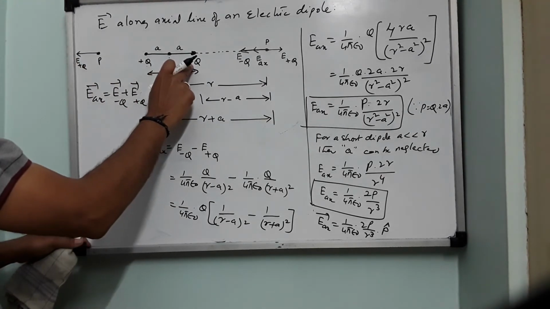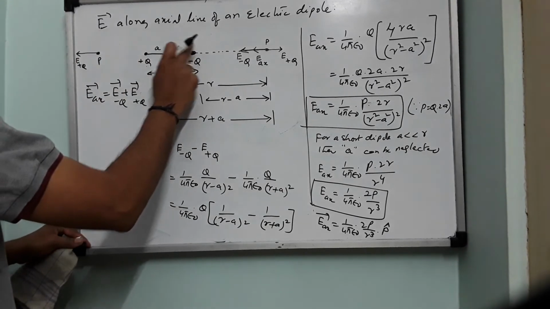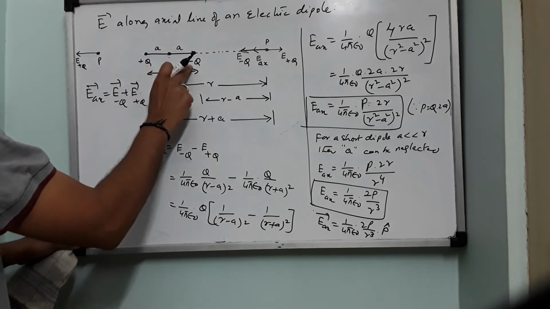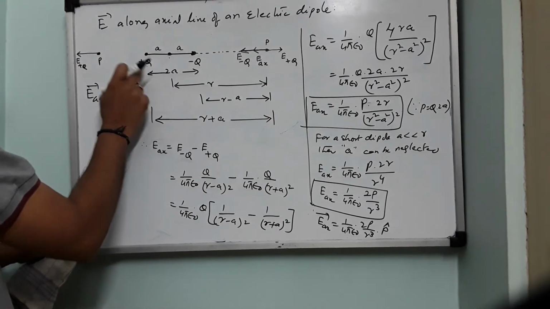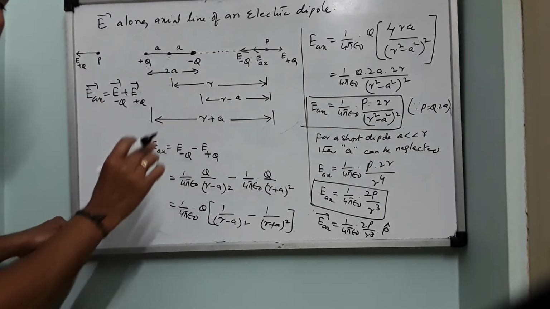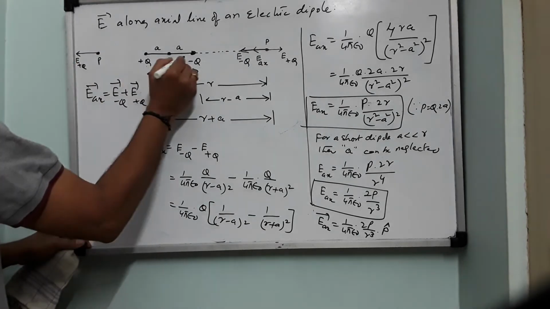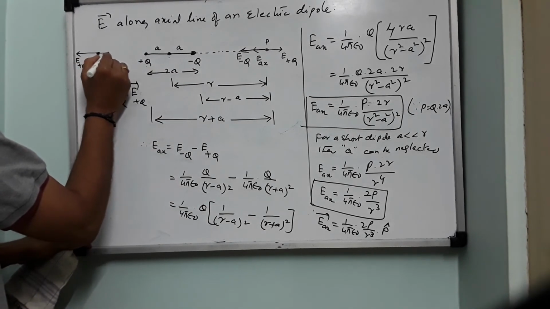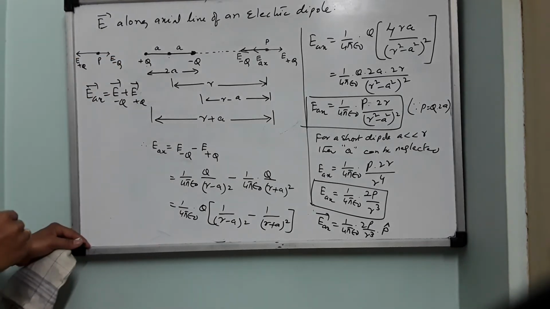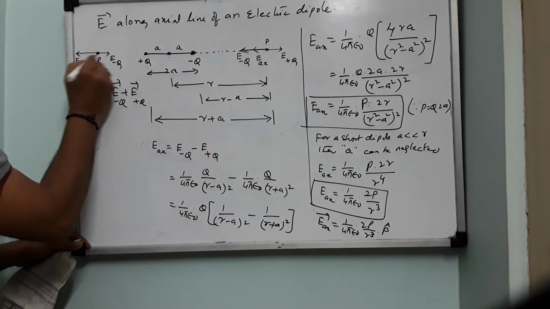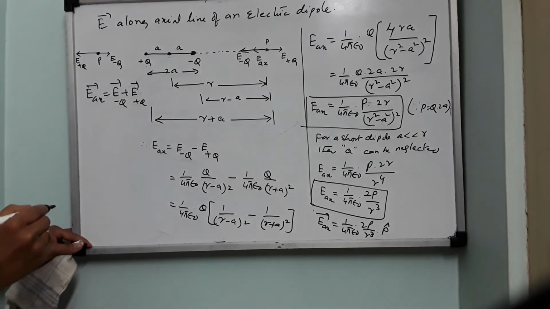And you see minus Q. Minus Q is relatively at a longer distance from point P than plus Q. Now minus Q will produce a weaker electric field at point P than plus Q. So now negative charge will always produce electric field radially inwards, means towards it. So from point P towards minus Q, you should draw a small line. This is E due to minus Q. Here also you can see that both the fields are acting in the opposite direction.